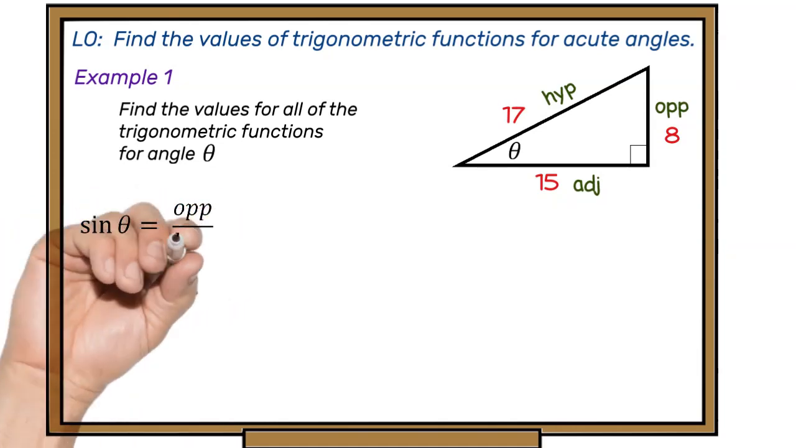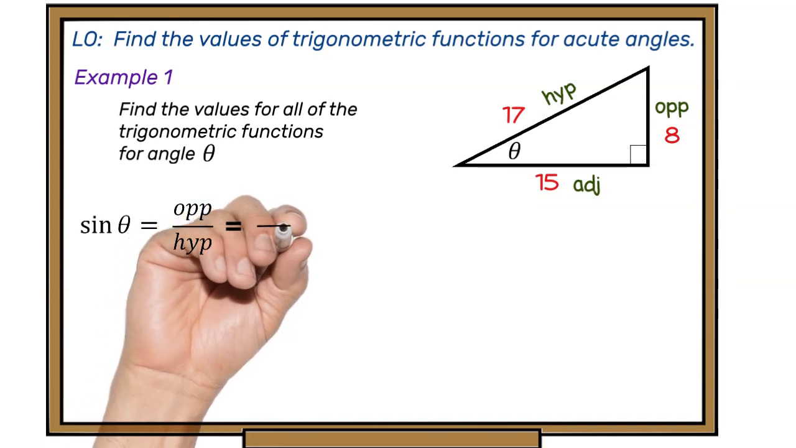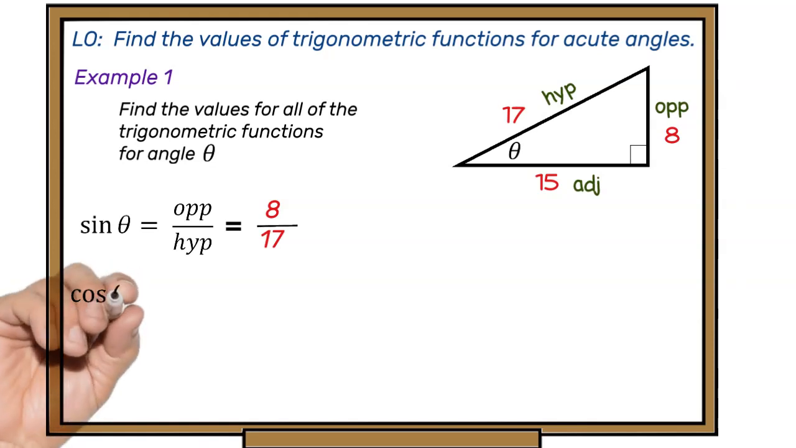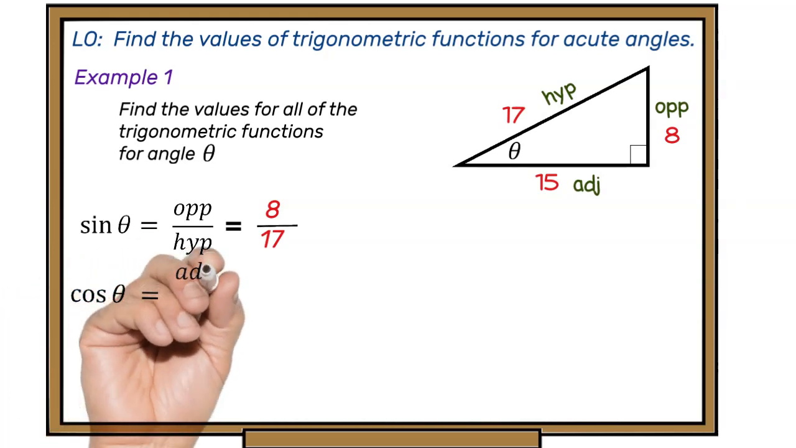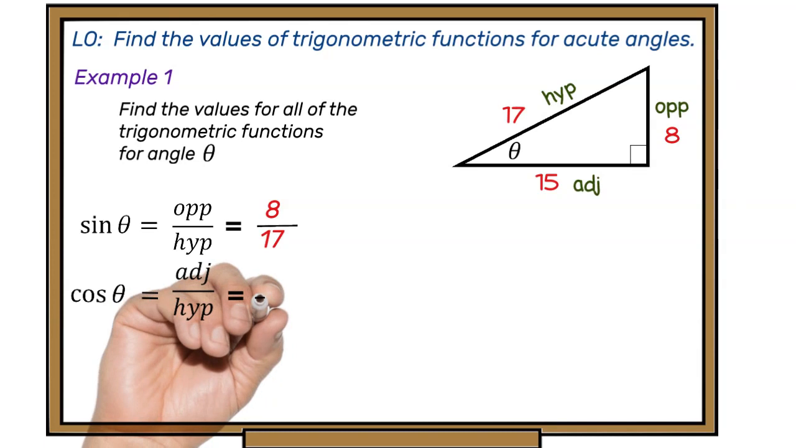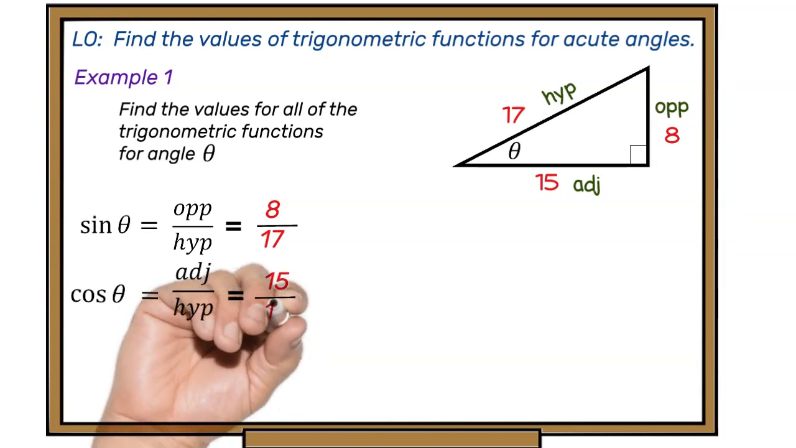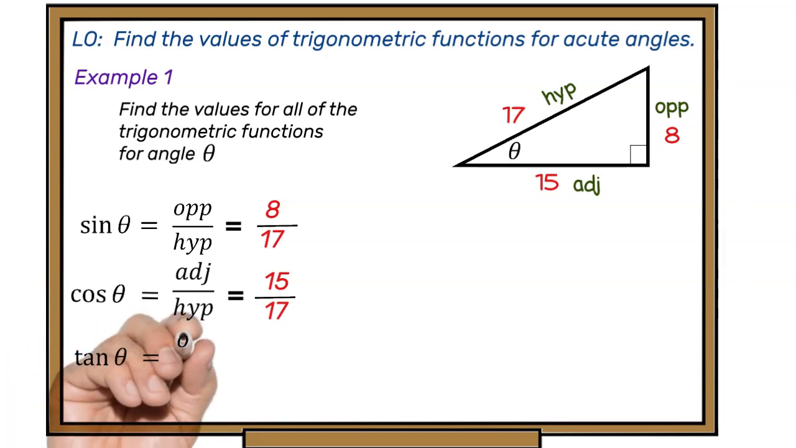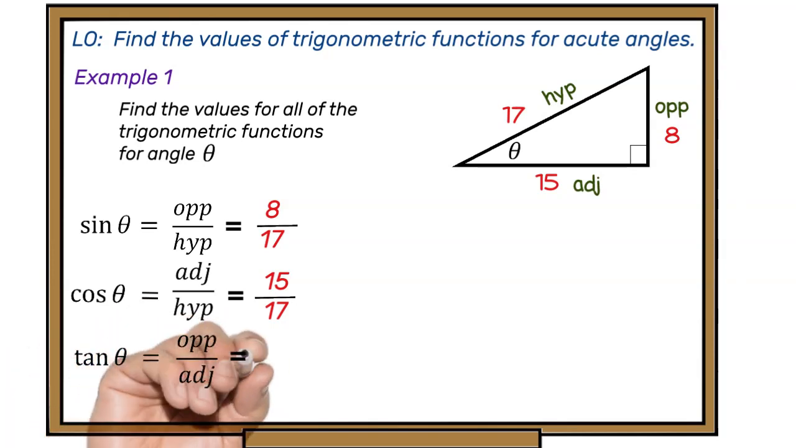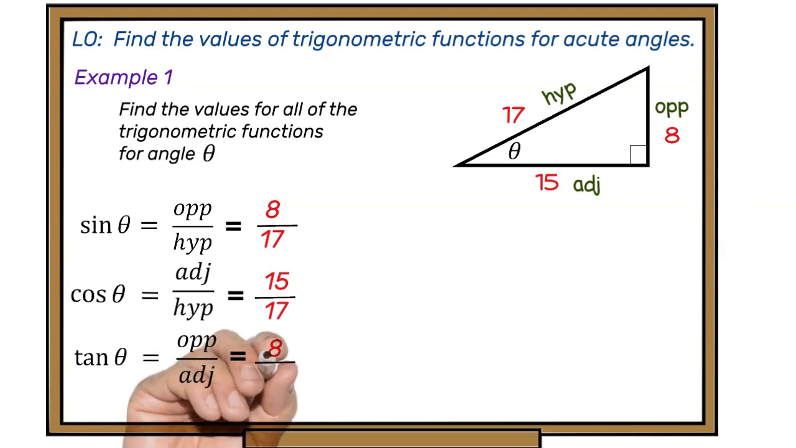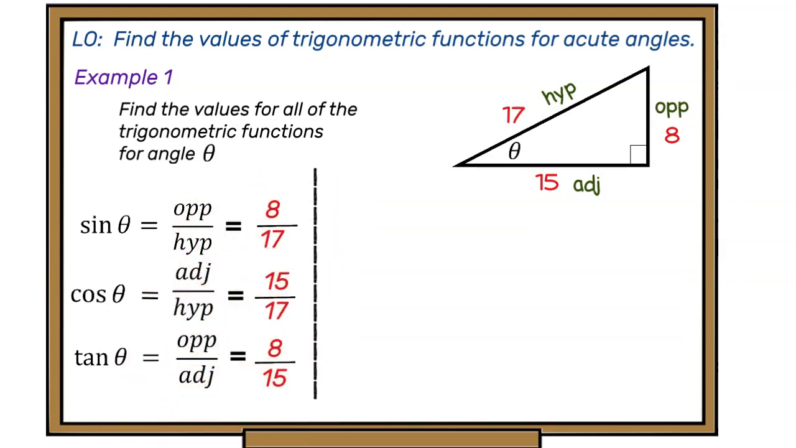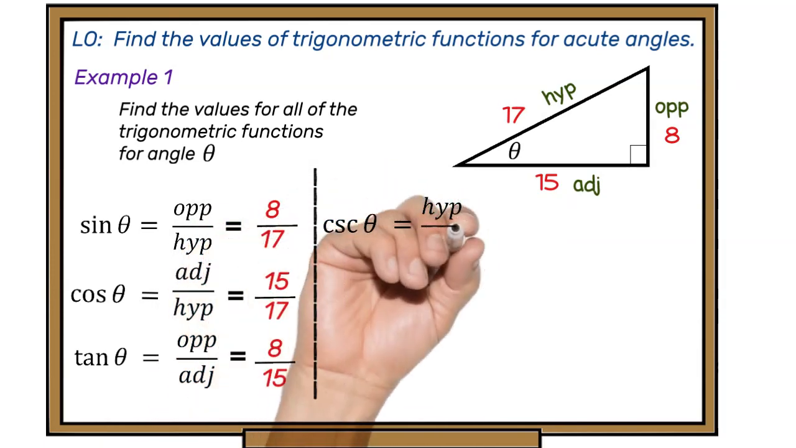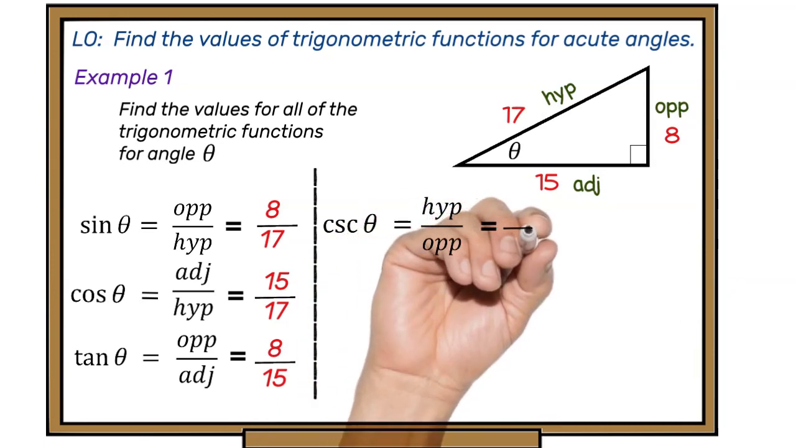So sine of theta, opposite divided by hypotenuse, is 8 divided by 17. Cos of theta, adjacent divided by hypotenuse, is 15 over 17. Tangent theta, opposite divided by adjacent, is 8 divided by 15. And the reciprocal function, the cosecant theta, hypotenuse over opposite,